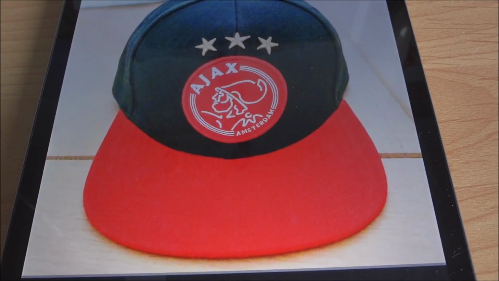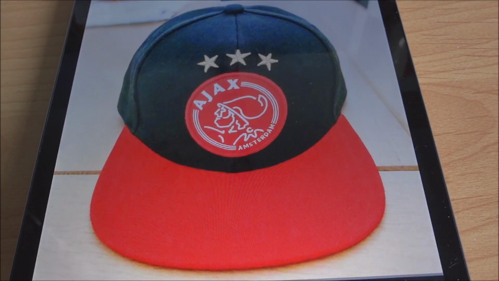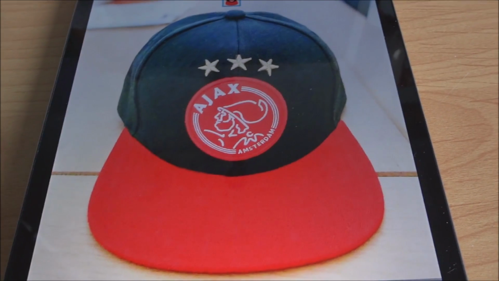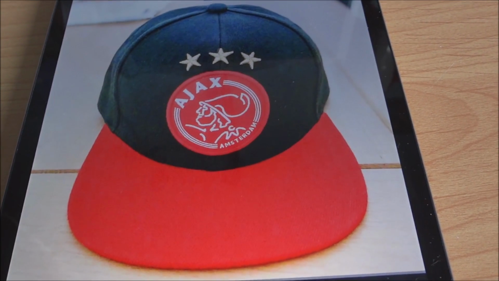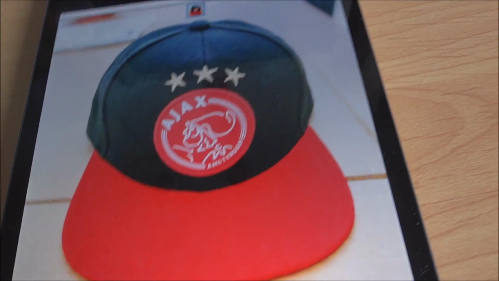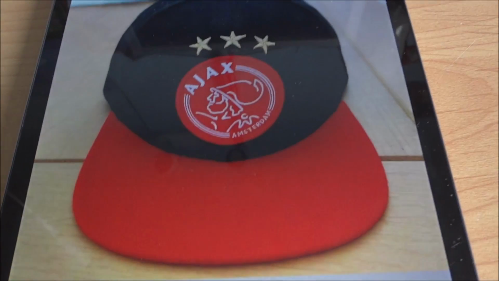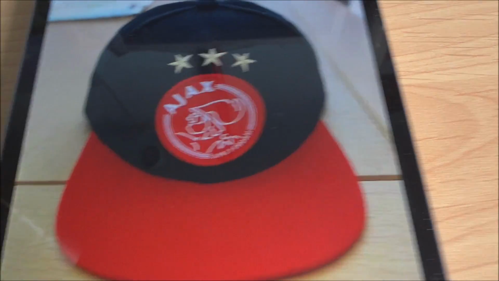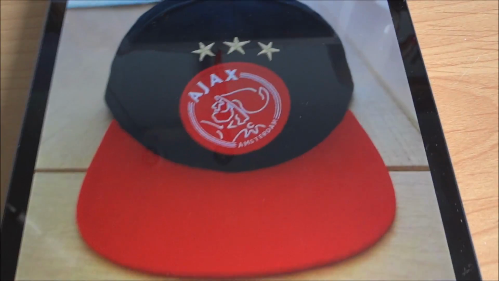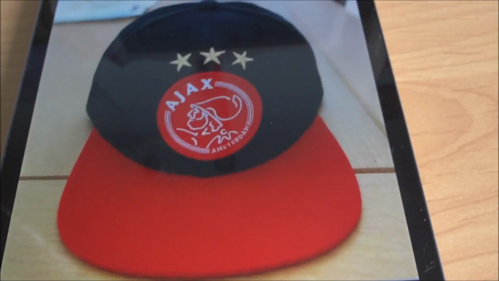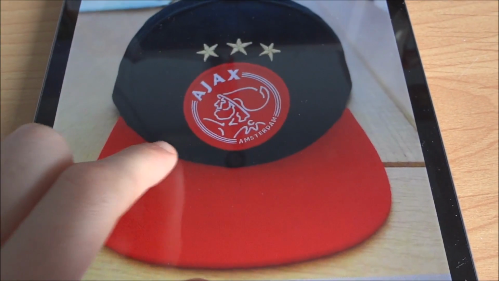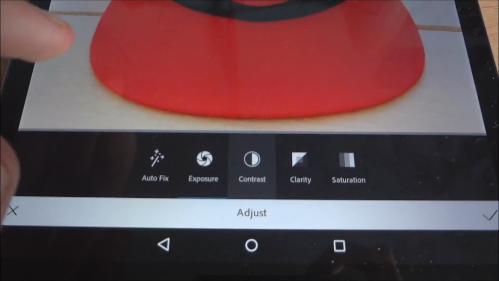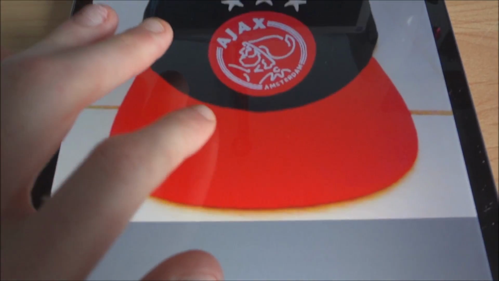Well, I think it really depends. Apparently it thought it was underexposed, which I kind of agree on, but I don't know if this is the result I want. The red is now too red, so let's actually not do that. But yeah, maybe it can help in some pictures. Then obviously there are options like exposure, and you just adjust that by swiping your finger on the screen from left to right. And the same goes for contrast,